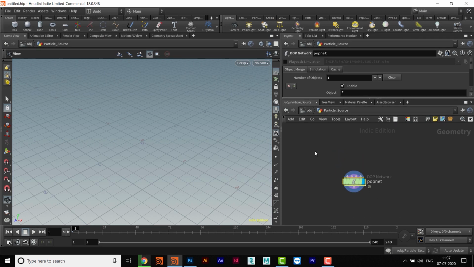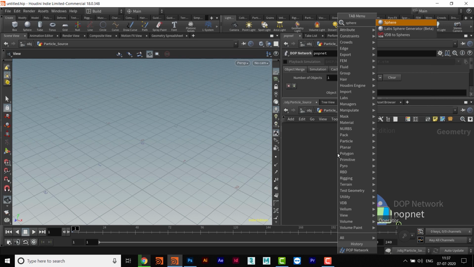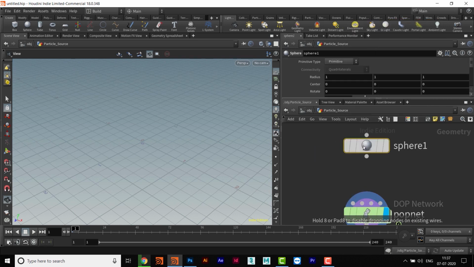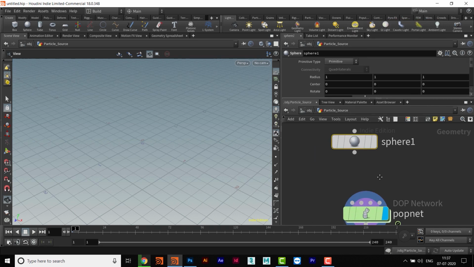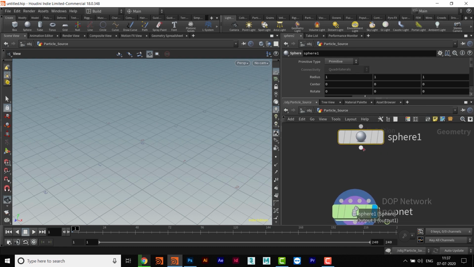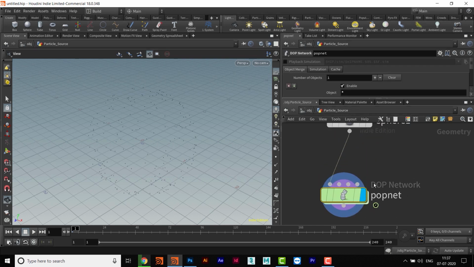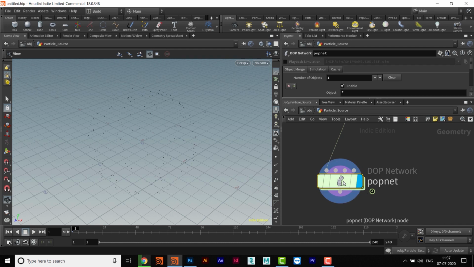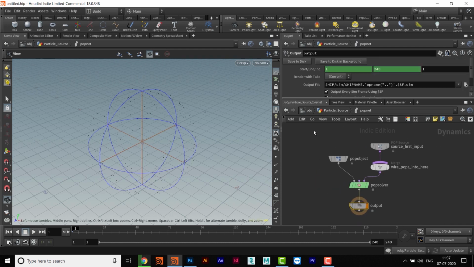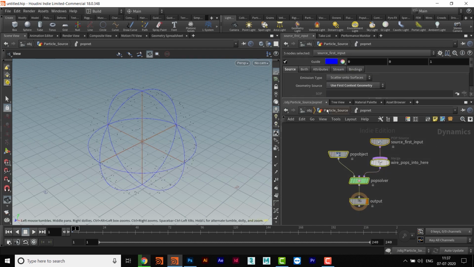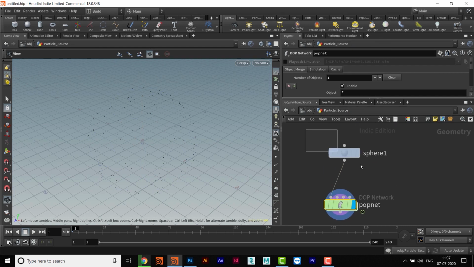We are not going to take any kind of source here, because if we take a source, we can connect it. Suppose I take maybe a sphere, and we are using this sphere as the source, then we will have to connect this output to the first input of the DOP network, or say pop network. Then we'll get into it, and the whole pop structure is there. Okay, that's the first thing, but we are not going to use this one,